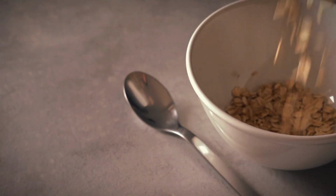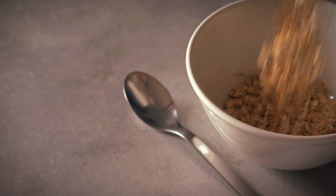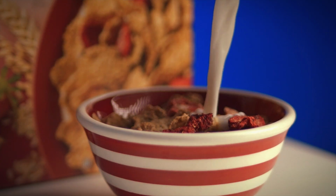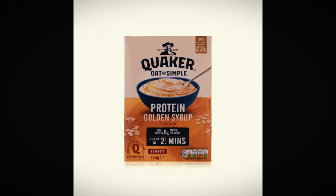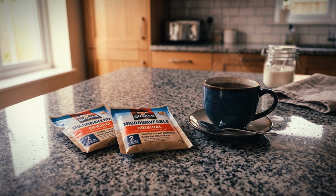Then there's porridge, genuinely Britain's winter staple, and doctors do recommend it for the beta-glucans. But Quaker Oats So Simple sachets, the flavoured ones like golden syrup or apple and blueberry, promise porridge's health benefits with microwave convenience. One small 36-gram sachet of golden syrup carries roughly 7 to 8.5 grams of sugar, nearly 2 teaspoons in one tiny portion. Have 2 because 1 doesn't fill you up, and you've had over 16 grams of sugar before you've left the